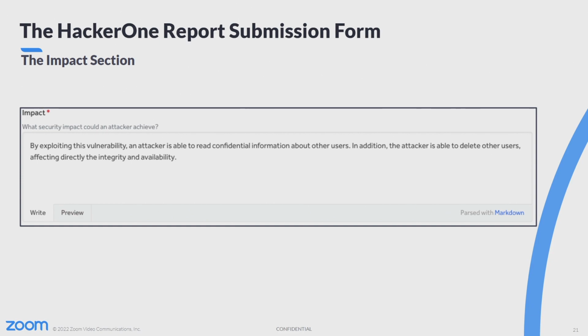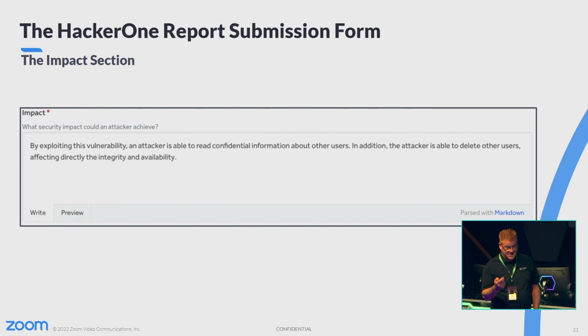The impact section is very important as well. Be as descriptive as possible. I have a lot of reports in queue right now that just say impact privilege escalation. Okay? From who to who, and from what to what, and why does that impact my customer? I'm sure we can figure that out, but part of this mutualistic relationship is that we, especially Zoom, have